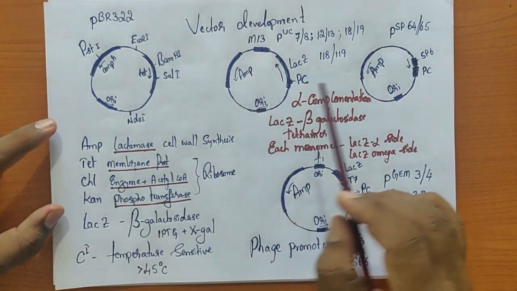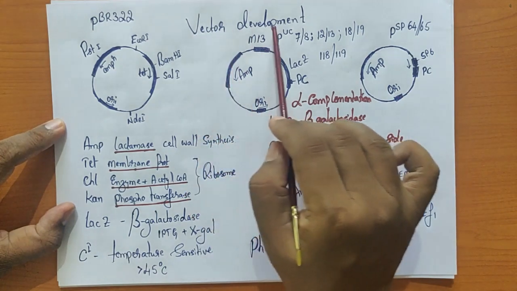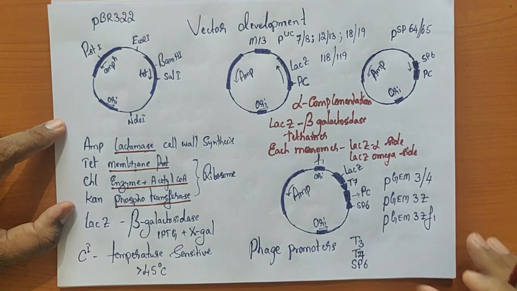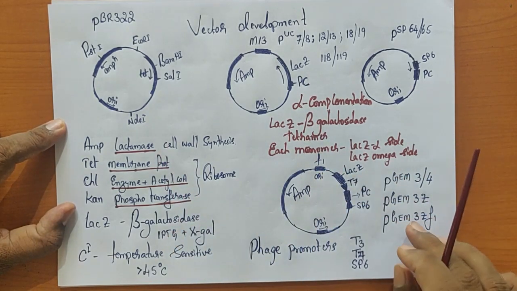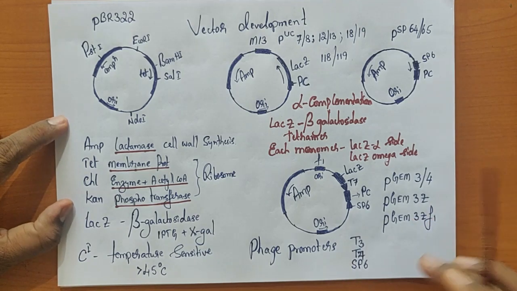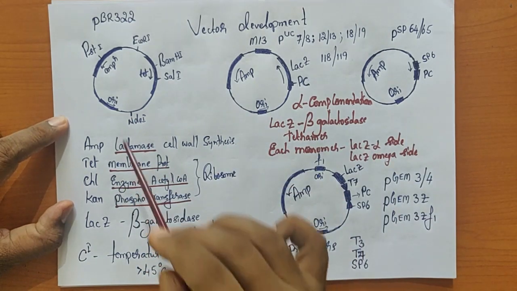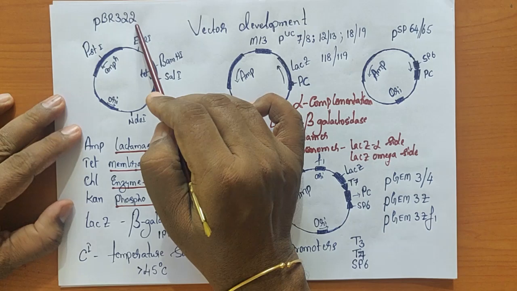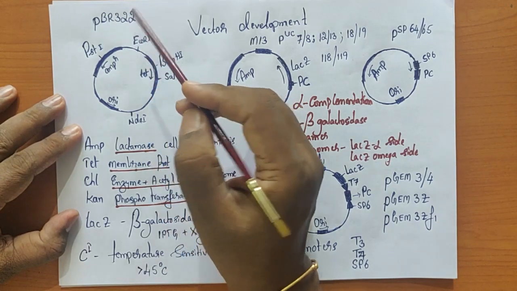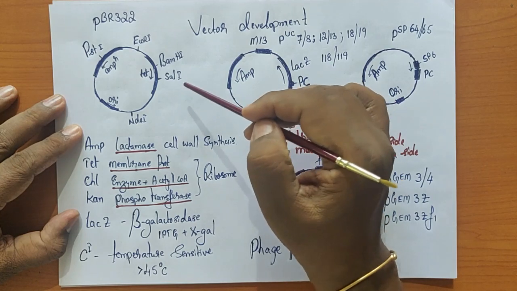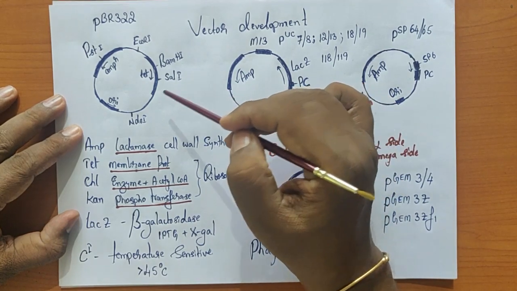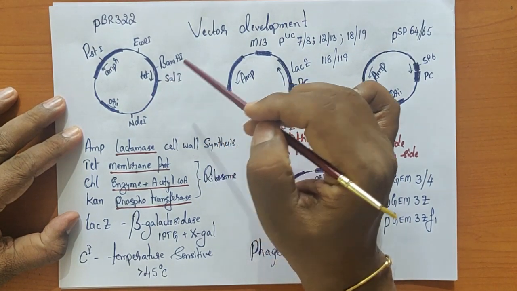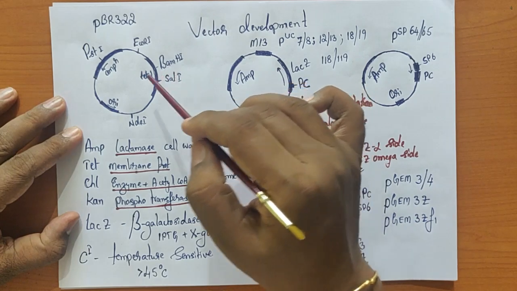All right. In this one, I have just given the title vector development, starting from DNA replication to transcription and protein expression. Here I will remind you of what we have already studied. We know that pBR322 is the most versatile vector, and using pBR322, the synthetic gene of the hormone somatostatin has been introduced and its hormone expressed successfully in E. coli.